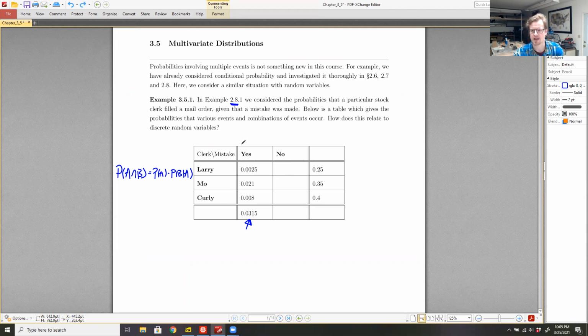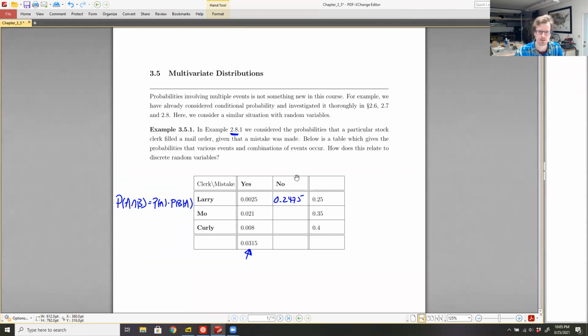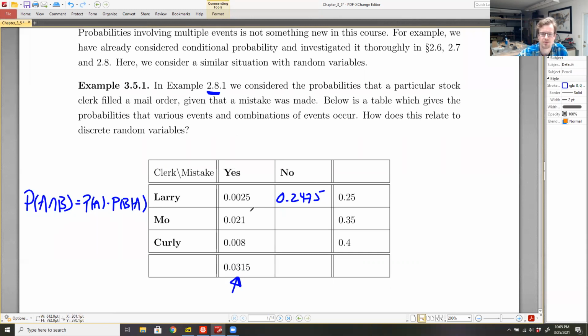Bayes' theorem with some subtraction anyway. But essentially 0.25 minus this number is going to give us 0.2475. And then 0.35 minus that is going to give us 0.329. 4/10 minus that is going to give us 0.392. And then Bayes' theorem again, the probability that we're not going to make a mistake would give us